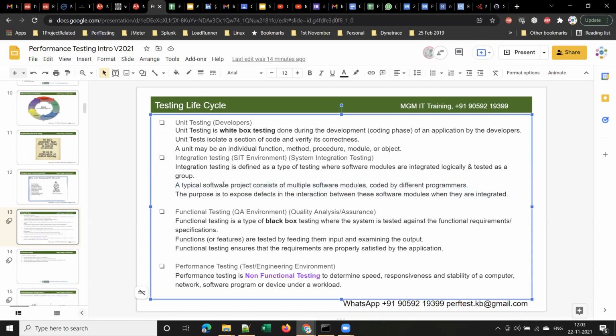Any software, whether it is a web application or a mobile application, consists of multiple software modules, and those modules may be coded by different programmers. So the purpose of integration testing is to expose the defects in the interaction between these software modules when they are integrated. Clear?